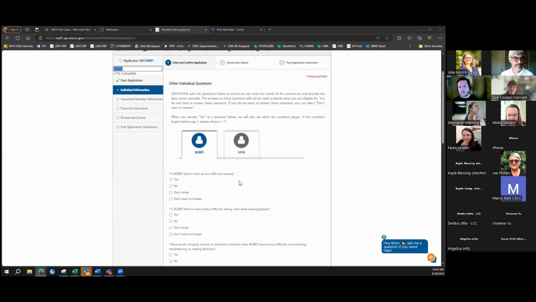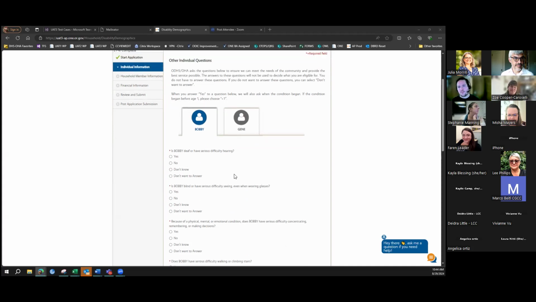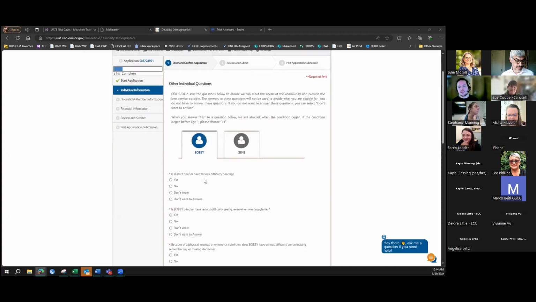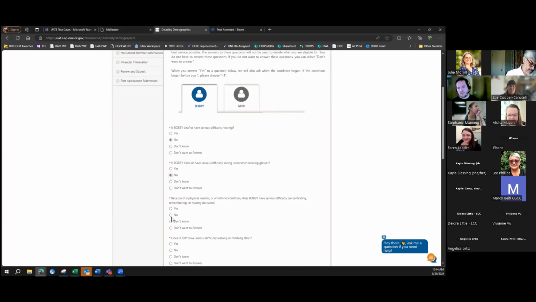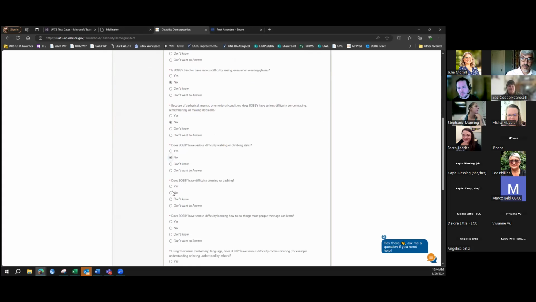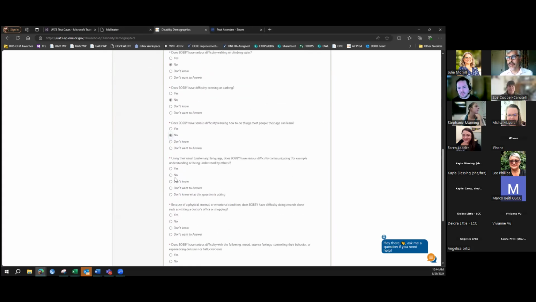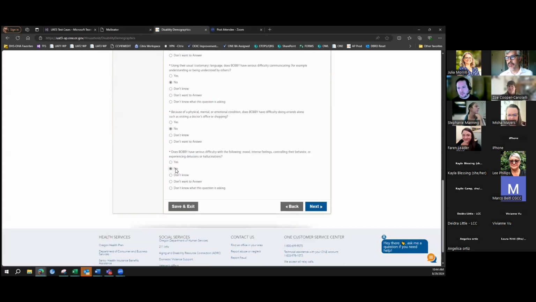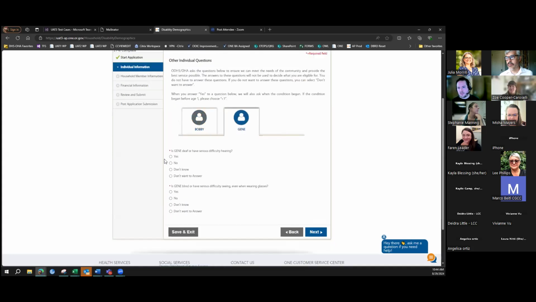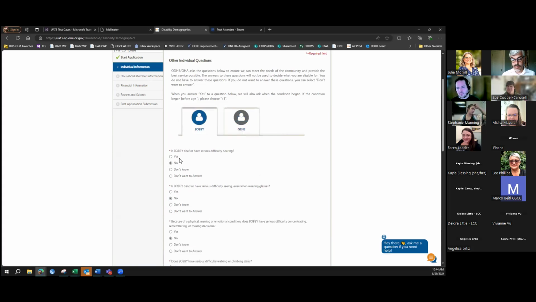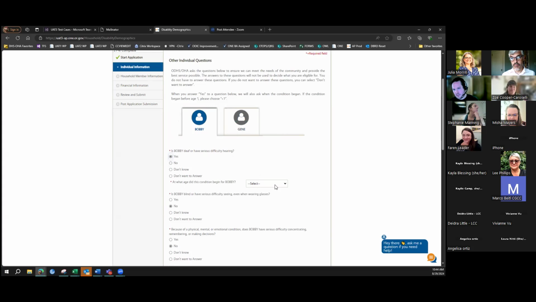So this next screen here is again part of our Real D questions. The D part of that, the disability demographics, is again not being used at all for determining eligibility, but just determining who we are assisting and how well we are assisting those demographics, and any gaps or ways that we could do better. So this will be information entered for all of the individuals on the case. I'm entering no for everyone, but just to show an example here, if Bobby did have serious difficulty hearing and we answered yes, it would open an additional question asking what age this condition began.